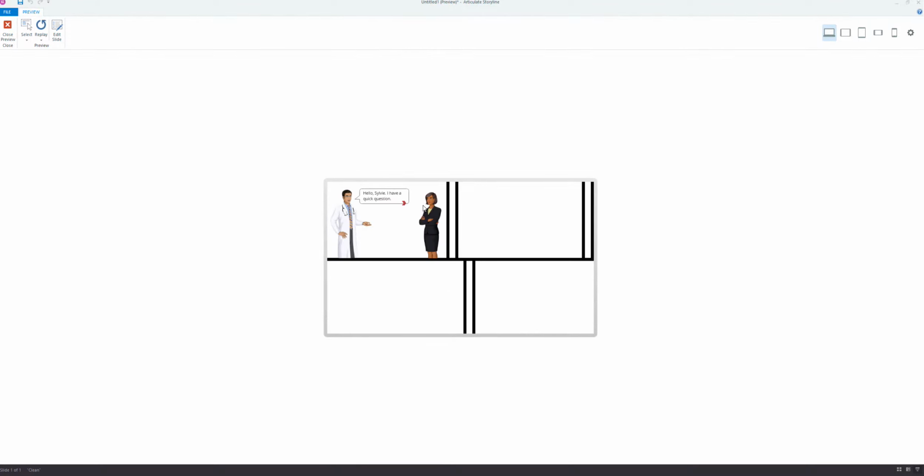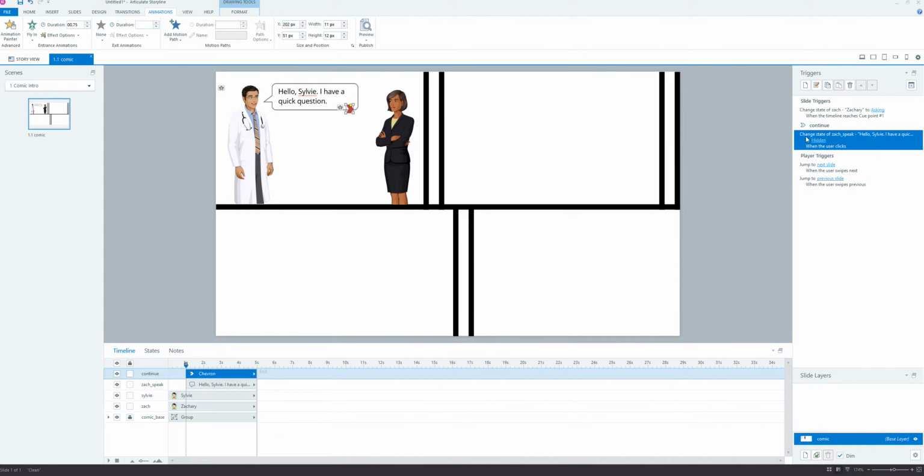Okay, very nice, very appropriate. I click on this. That goes away, but then this chevron is still kind of sitting out there. Also, what she is about to say needs to come up. So we need to not only get rid of that chevron now, but also show what Sylvie's going to respond with. So the very first thing that I'm going to do is copy and paste this, double click on it,